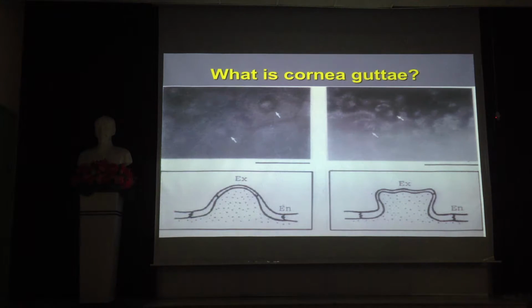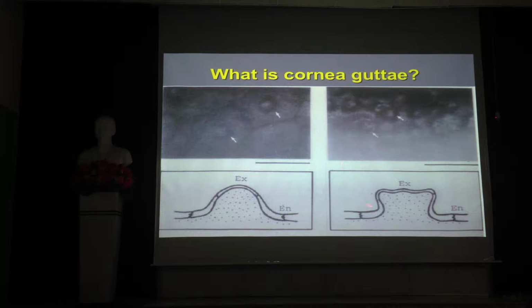And this is a cornea guttae. What is a cornea guttae? Cornea guttae is an extrusion of the Descemet's membrane to the anterior chamber, and therefore there's no reflex coming from the back side of the cornea. So therefore they have a black spot or so. The endothelial cell is still there, but because of that, it's very difficult to see the corneal endothelial cells